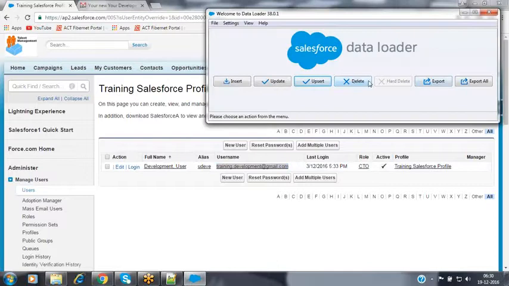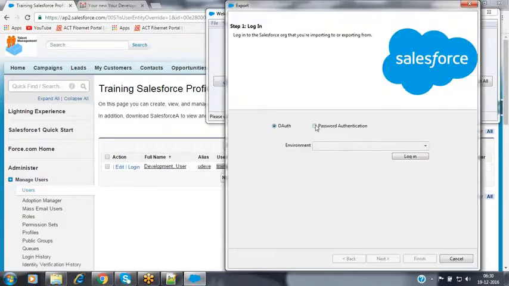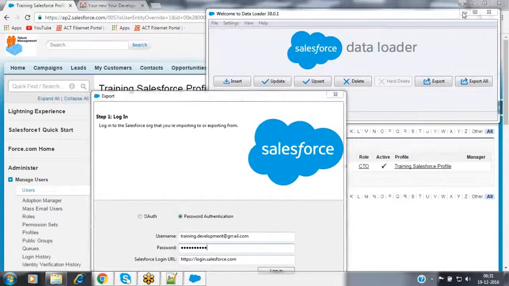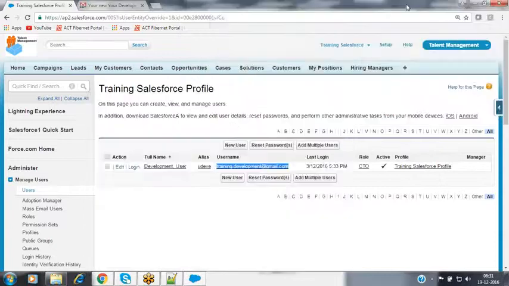Click on export, anything. Select the password authentication. Specify the username. Specify the password. And then generate the security token. You are aware of how to generate the security token.